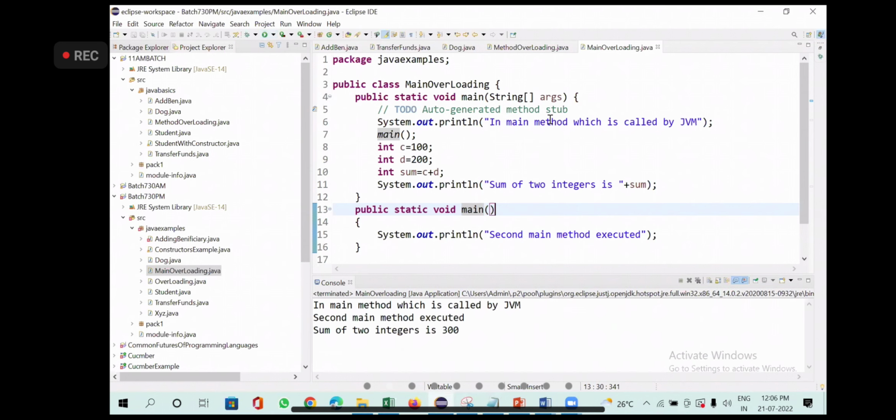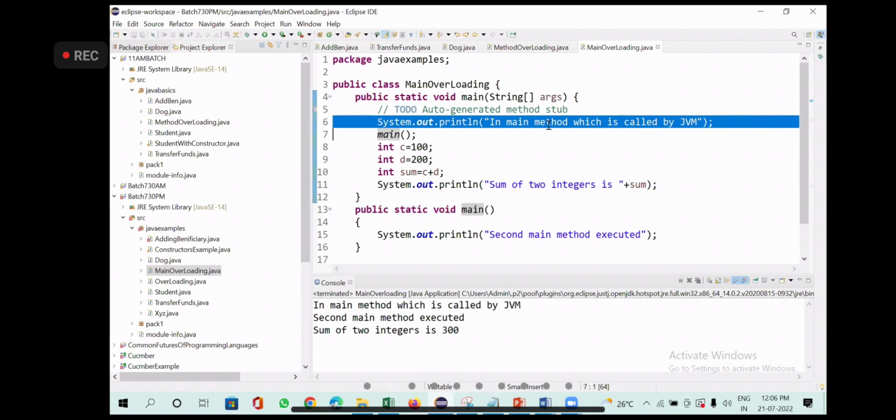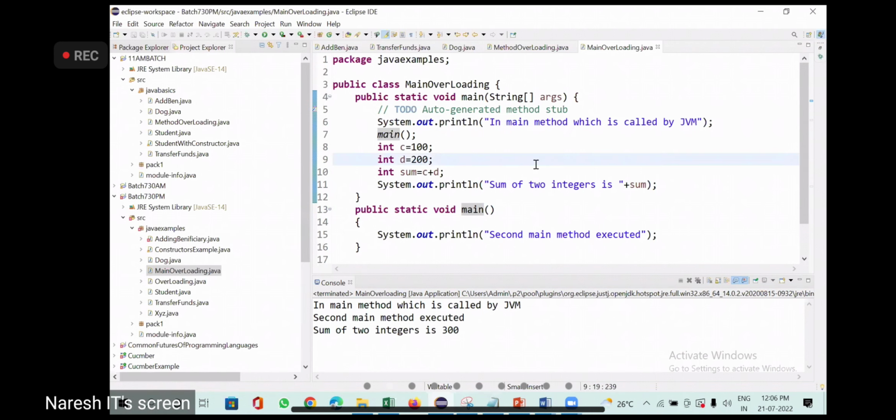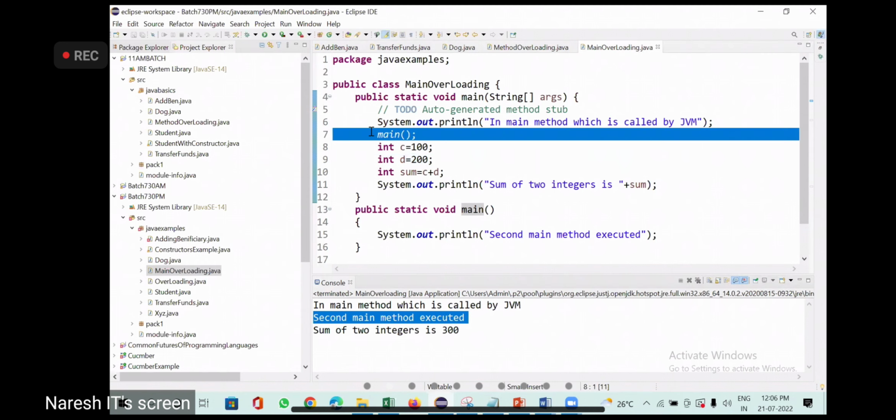The main method is called first by the JVM. After that, the second main method is executed. I'm calling the main here. First it executes this line, coming to the first main method. Then I'm calling the main method, so it goes to the other main method.